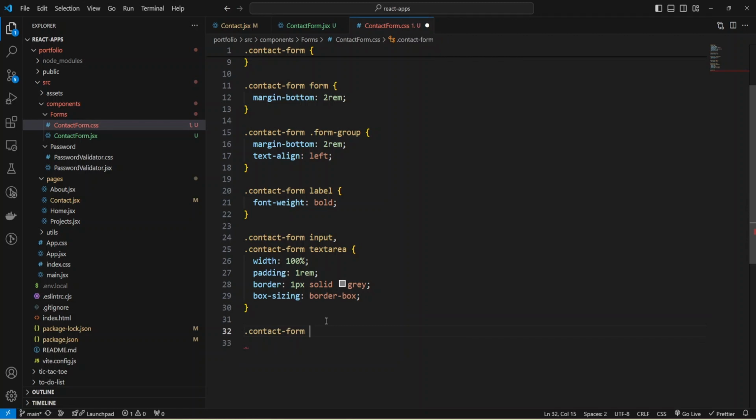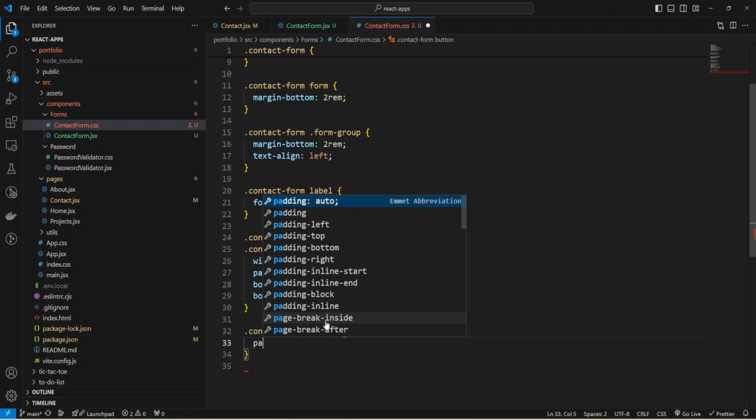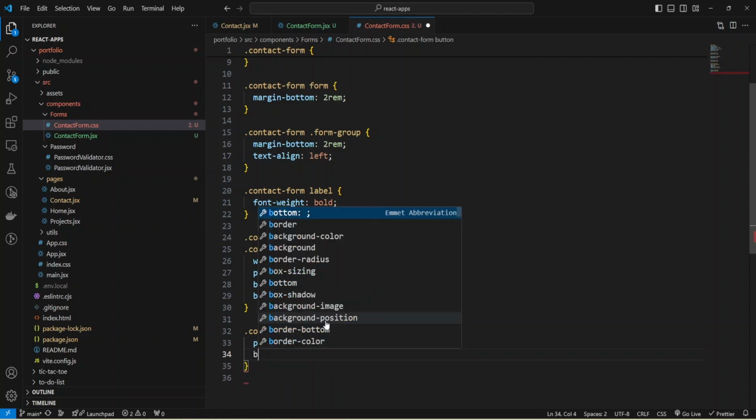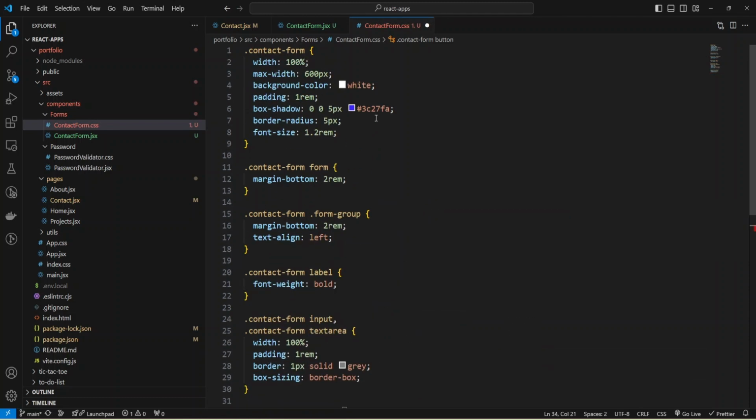Contact form and button, and I can add some paddings. 1 rem for top and bottom and 2 rem for left and right. I need to remove this, and also I can specify background color and copy our box shadow color.